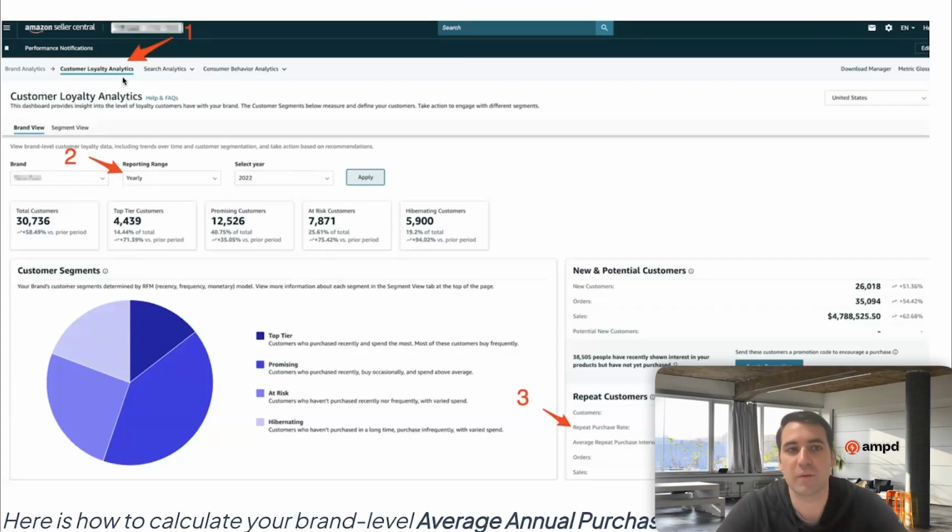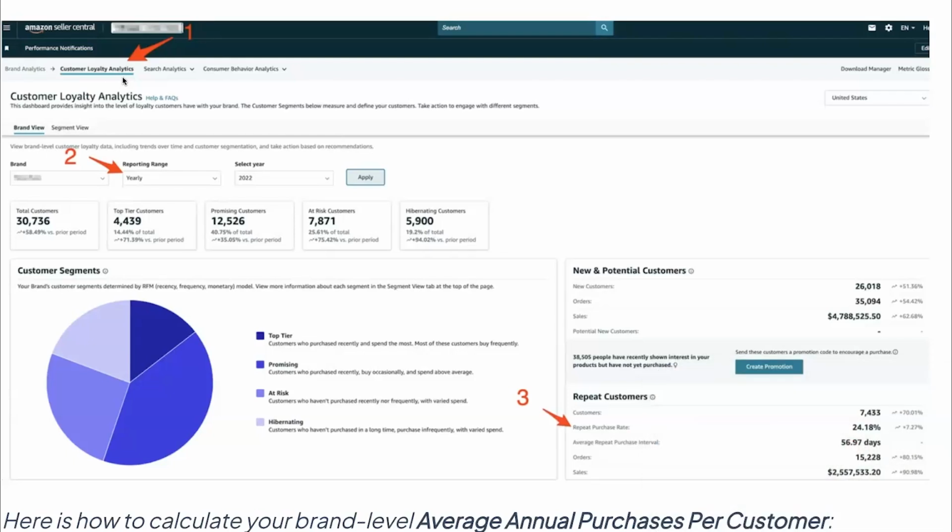So this is super, super relevant, at least the way I'm thinking about it today, for brands that are selling products with subscribe and save options. Brands that are selling products where you think, hey, if I can get a customer in, I know that customer is going to purchase again. You might not know exactly how often they're coming back and buying from you, but you generally think they are. This data right here is going to help you better understand much more specifically how often they're coming back.